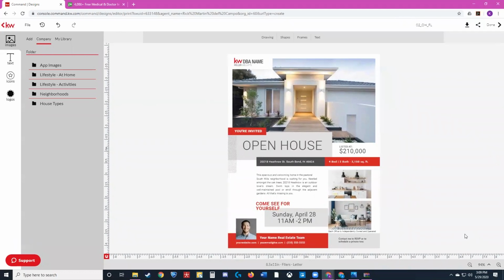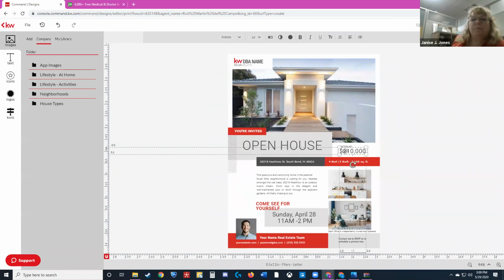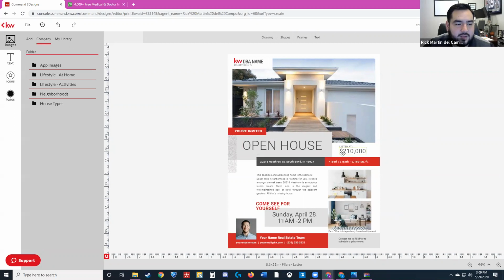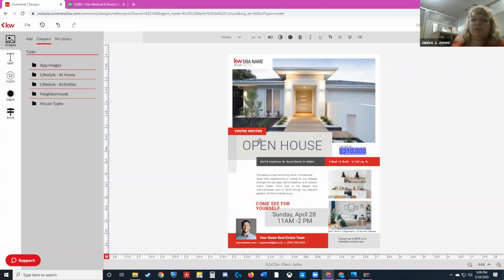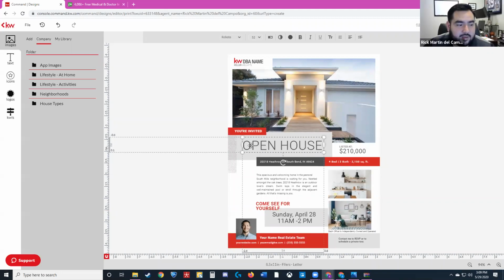Hey, Rick, outstanding. I noticed that you don't highlight the way that I do. You highlight by character. You're using a shortcut on the keyboard, aren't you? When I highlight what, I'm sorry. Like if you wanted to highlight open house, I would just click 3 times on open house. Yeah, that's what I'm doing. I'm double clicking to get into it.